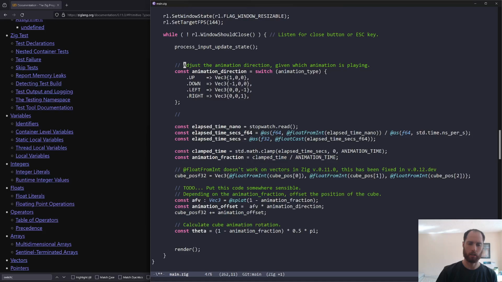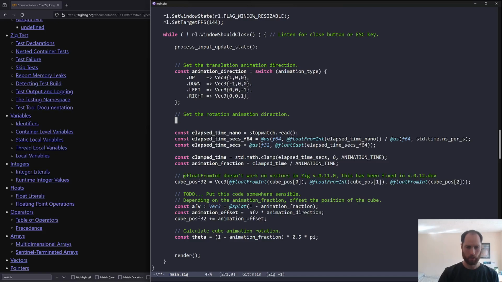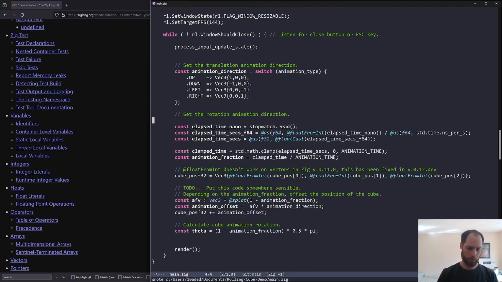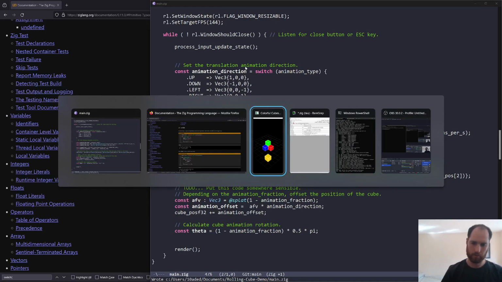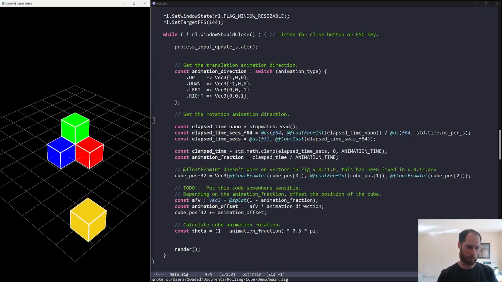So I feel like this should rather be: set the translation animation direction, and then similarly, set the rotation animation direction. We're going to do something, but before we do that, let's just make sure we get this behavior after